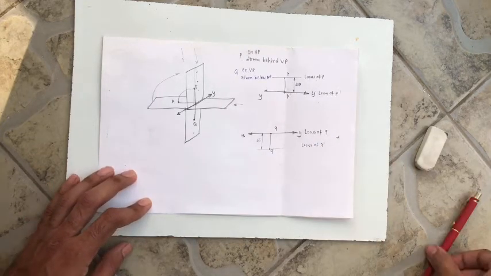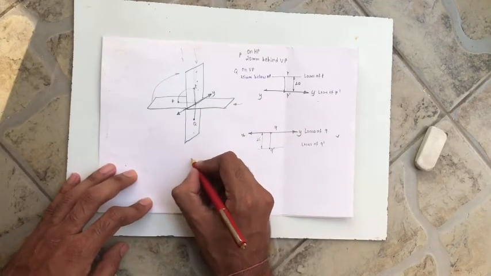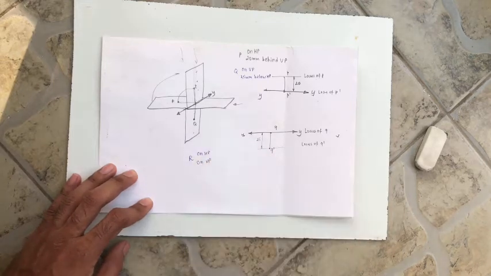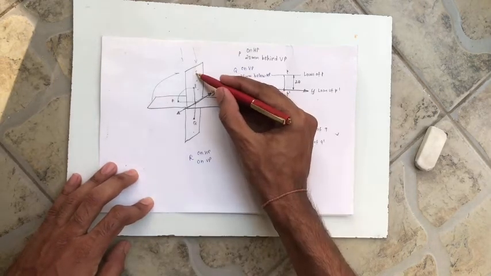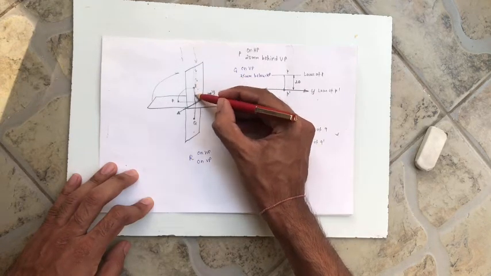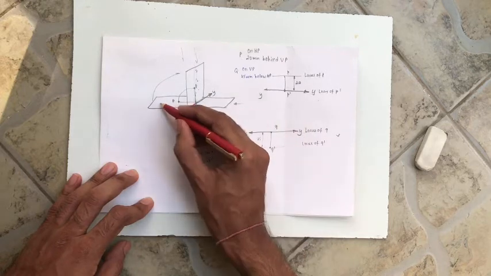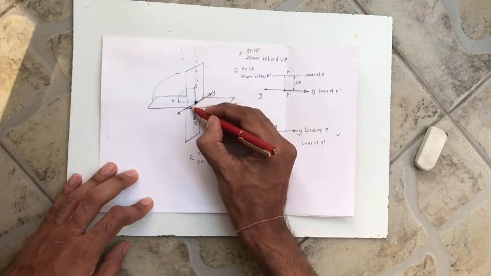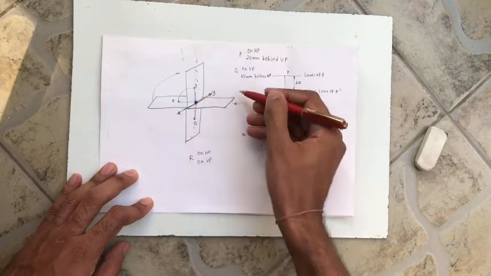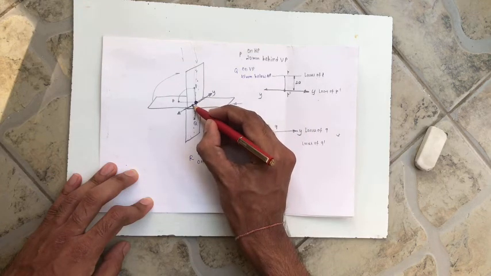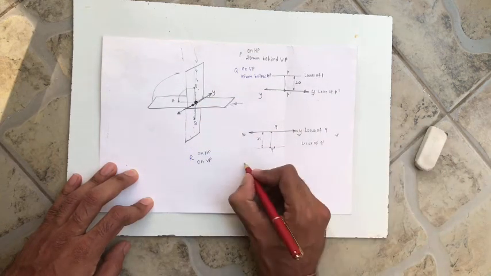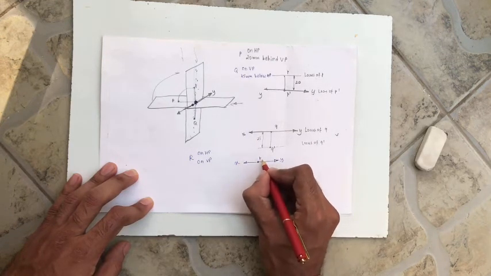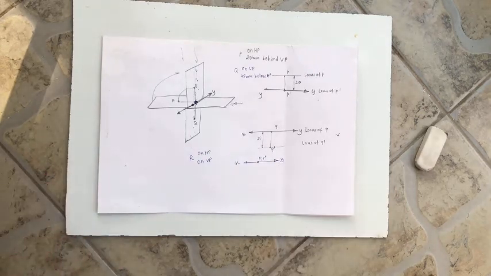In the same way, if one point is given, say R point, it is given on HP and on VP. So how is it possible? Say it is anywhere over here on VP first, but it's given on HP, so it should be on HP also, means over here only, one possibility. So it can be anywhere over here, but on HP and on VP. So when you see from here, it is on HP, means front view is this one and top view is this one, same. So on the XY line, it is only a single point, that is R and R dash, HP and VP both.